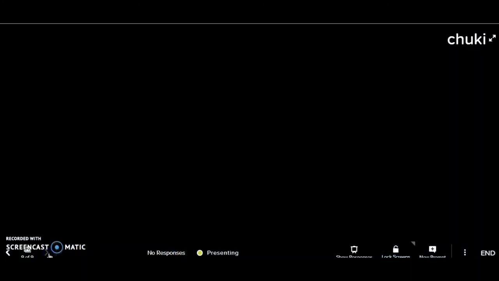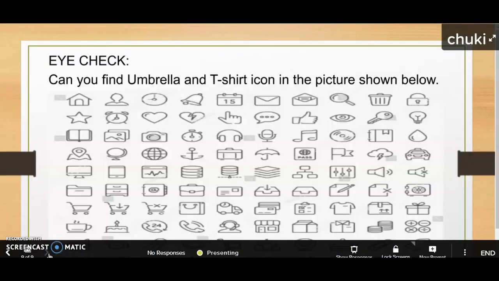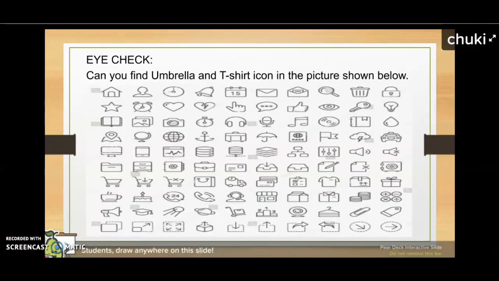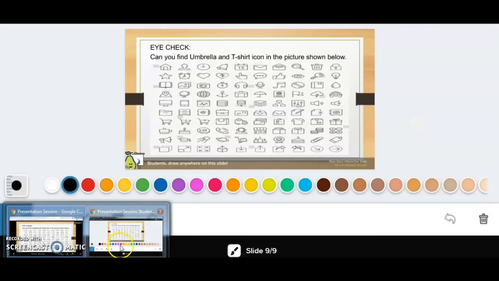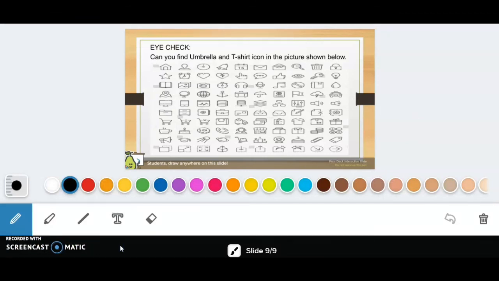And the last question, eye check. Why I mention this eye check here is that I just want to show the tool. For example, if I open this in our student point, I have a pencil, highlighter, line, text like that.